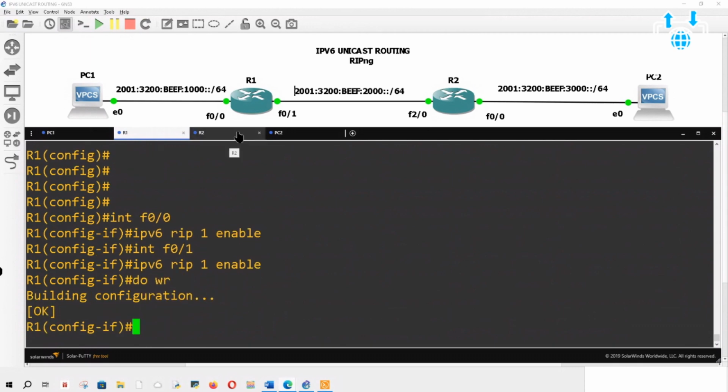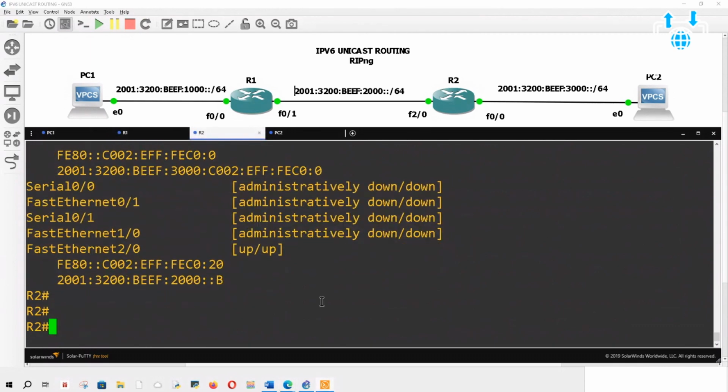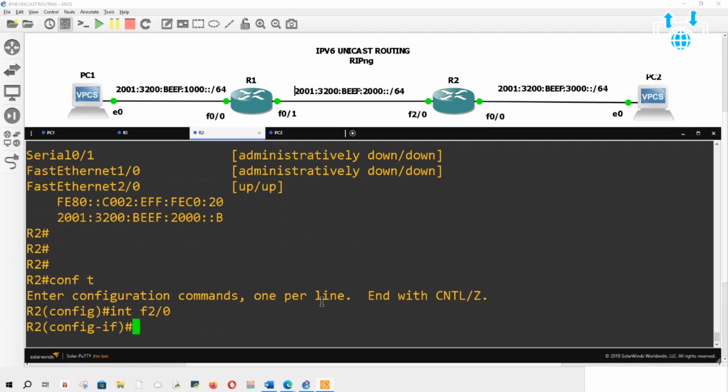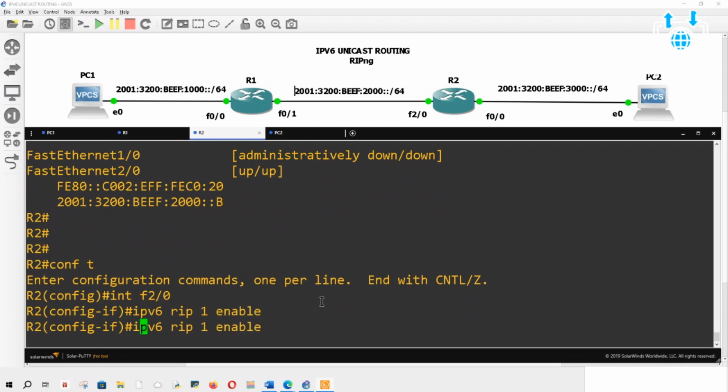And then we go to router 2. Same old, same old. RIP is RIP. The only difference is the way that we're doing it. Well, you can actually do this on IPv4 too, but IPv6 is what we're doing. Interface F2/0. Everything else from RIP stays the same. IPv6 RIP1 enable.